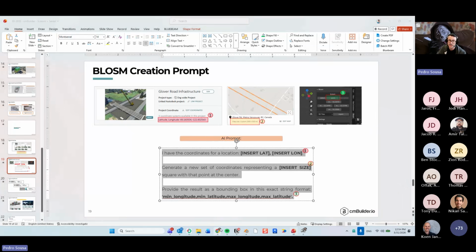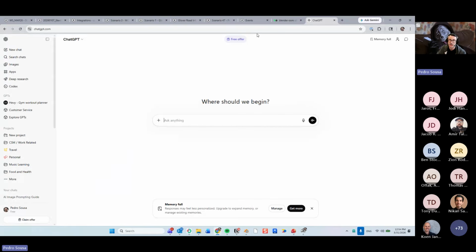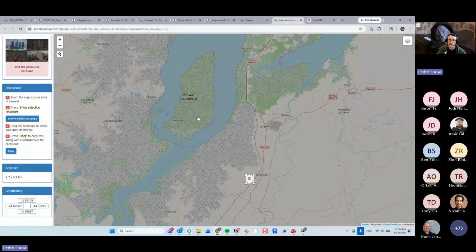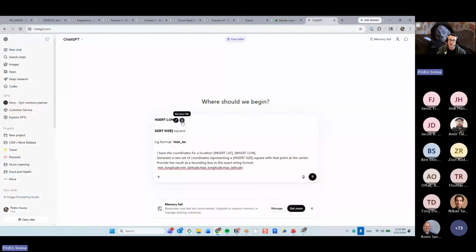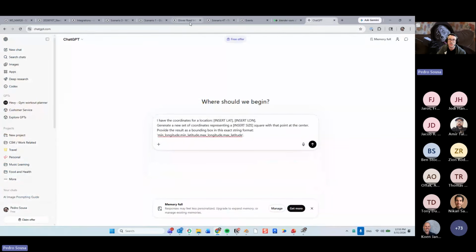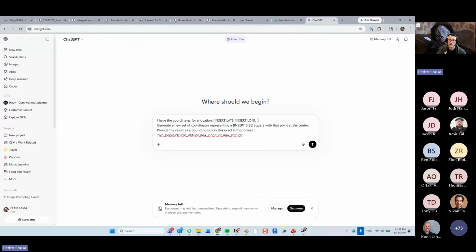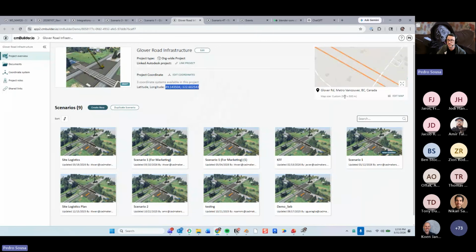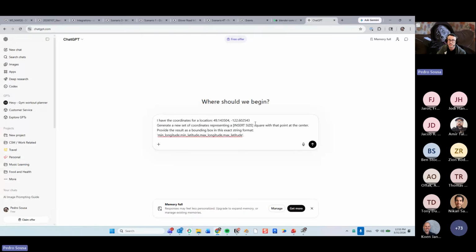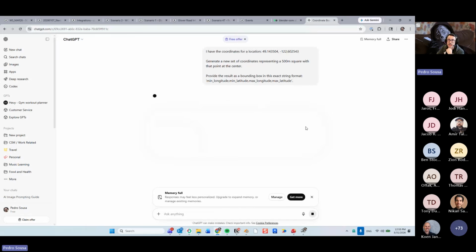So instead of going through the process of selecting the map from that other site, I can simply go into ChatGPT, place the lat long in here, and check the size of my map, 500 meters, and then put it over here, 500 meters square, and then when I hit OK, this will generate the